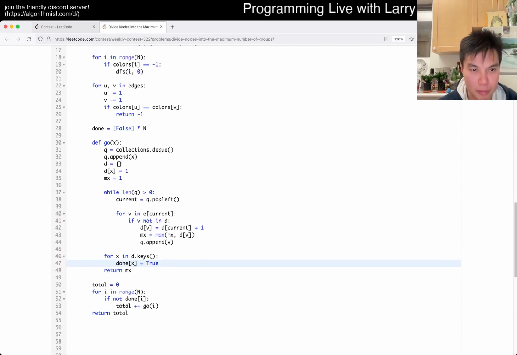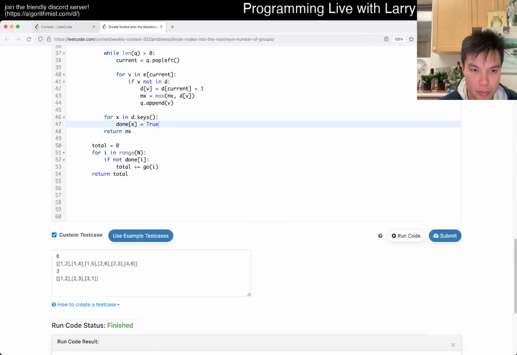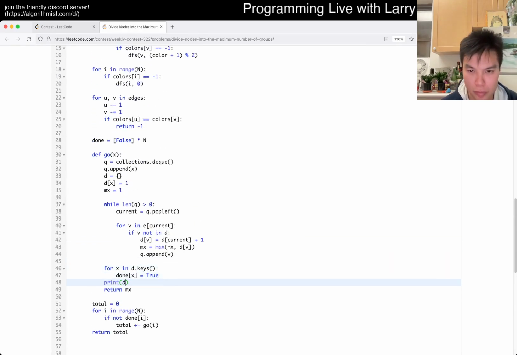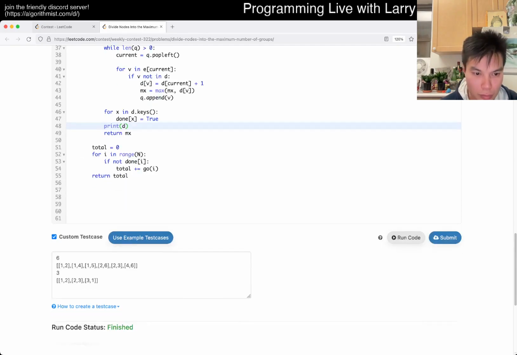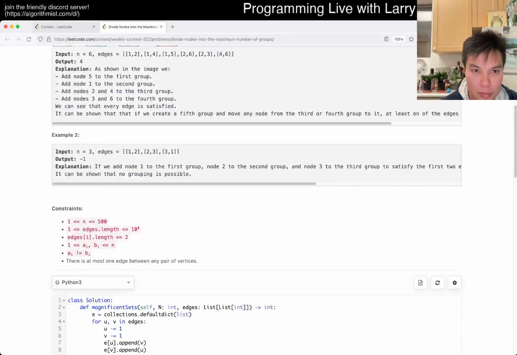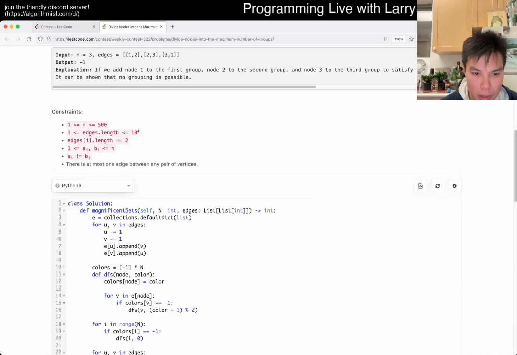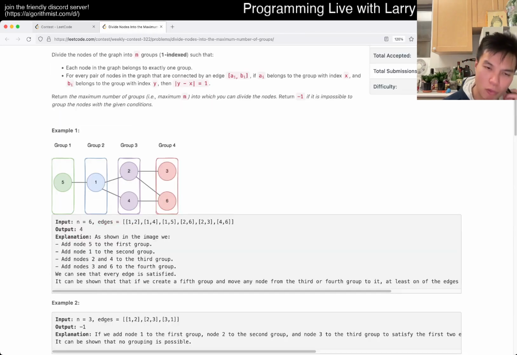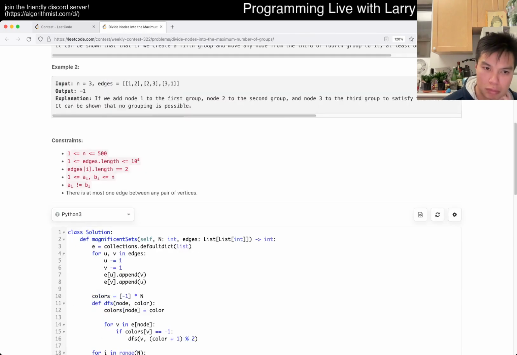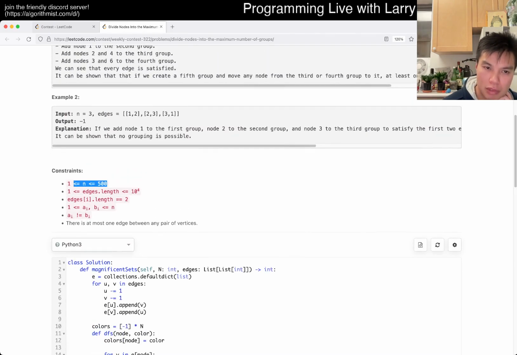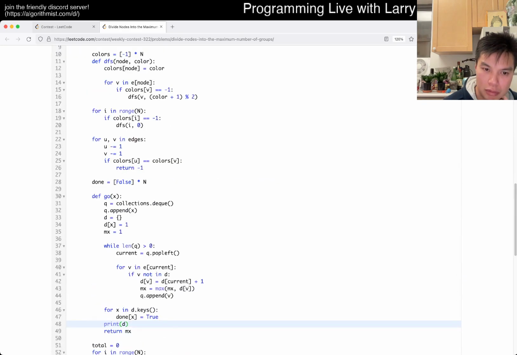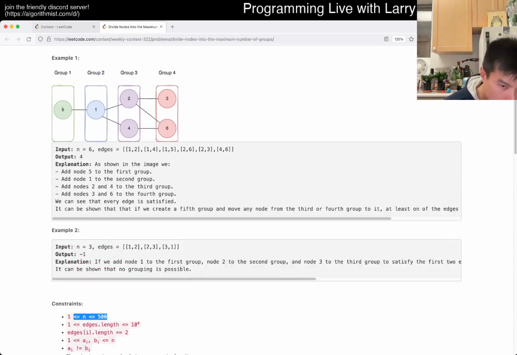That's not quite right then, is it? So, wait, did I mess that up? Oh, because I count from 1. If n is 500, we could do 500 square. It's just that